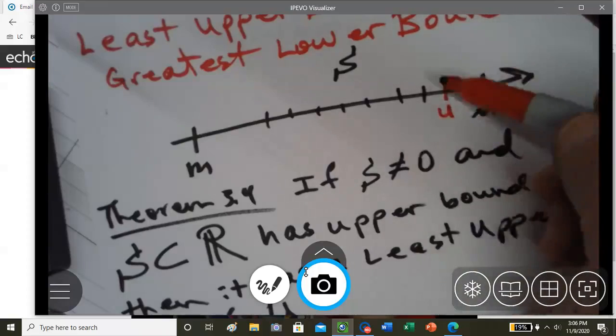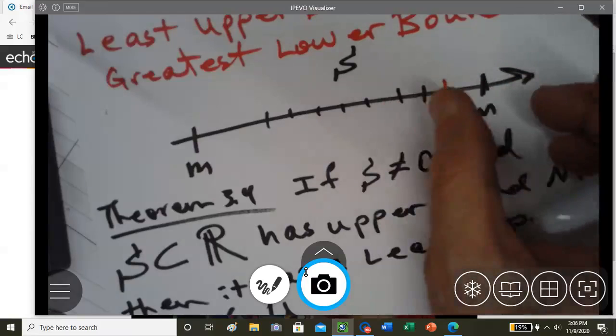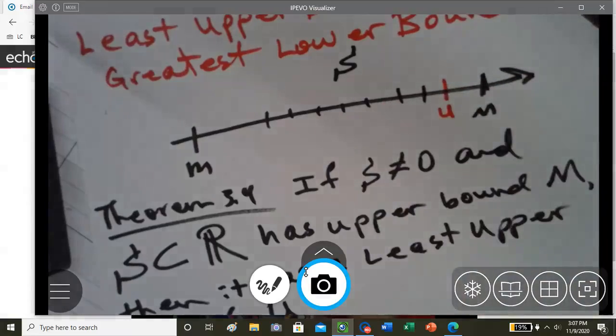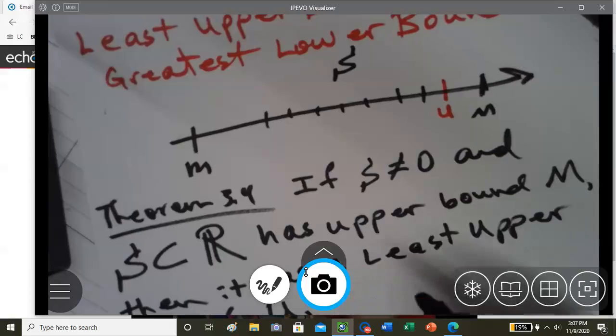So this is like the bottom of the upper boundary. And U, that is,